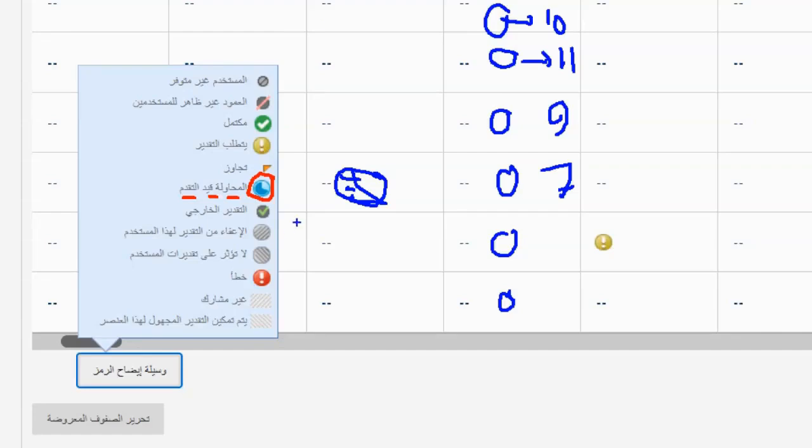Now, regarding the homework, pay attention. There are three possible statuses for the homework. Either you see the two dashes, which means that no attempt has been made at all, meaning the student hasn't even opened the assignment, or they submitted it and the submission attempt was successful and you'll see the orange indicator,